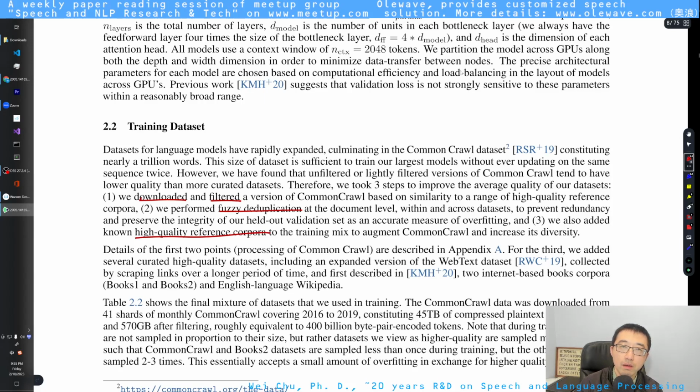There's no way of controlling it because the editor of the text might be anybody, but Wikipedia has been modified. The text is all written and closely examined by lots of people, right? You cannot just arbitrarily edit Wikipedia compared to Common Crawl.